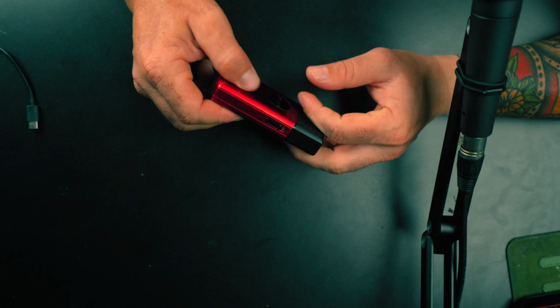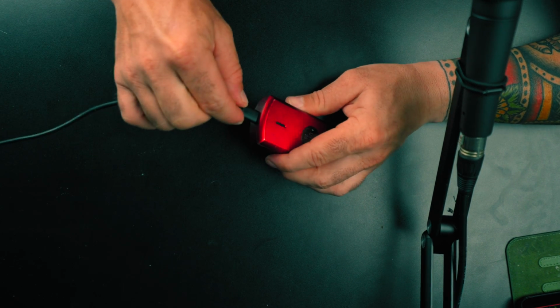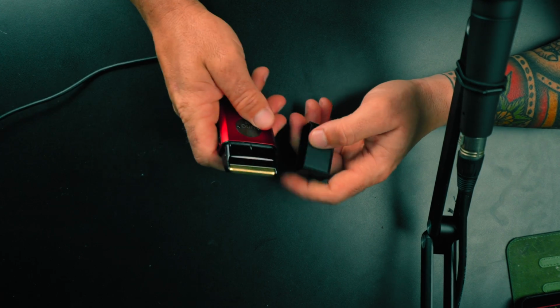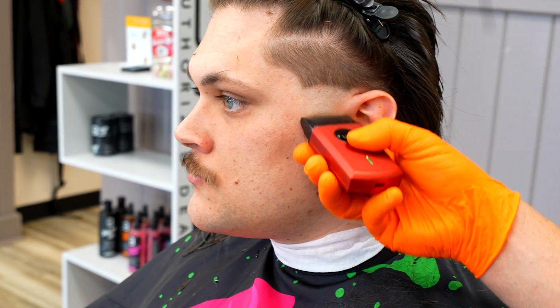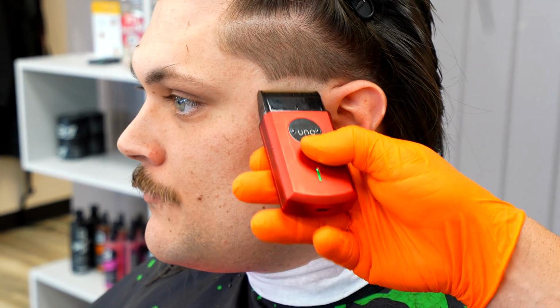You're going to get 2 hours of runtime, and it's USB-C charging. So I can actually plug a USB-C charger into here and boom, I'm charging right away. I've got the nice protective lid that actually stays on pretty good. But aside from all of these features, one of the things that I use this for a lot beyond the obvious is fading. When you get down to the end of your fade and you're struggling with a line,